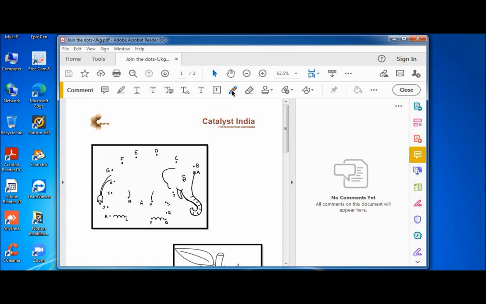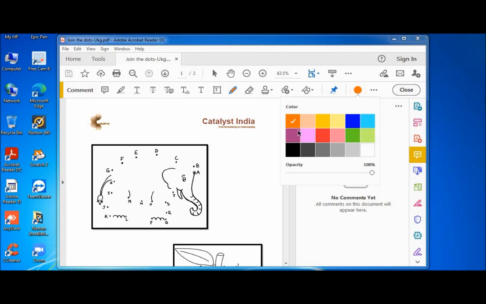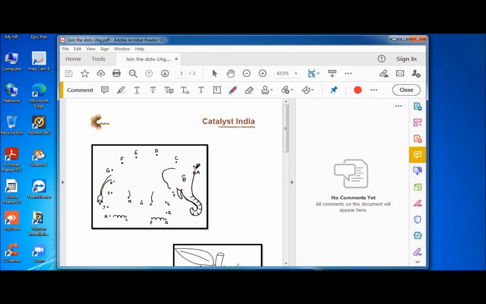So I can click on this tool, and the moment I click it, here you will see a big dot which indicates what color is chosen currently. If you want, you can click on this and change the color whatever you want. So let's say I will choose the red. Okay. Now I can just go and start drawing.